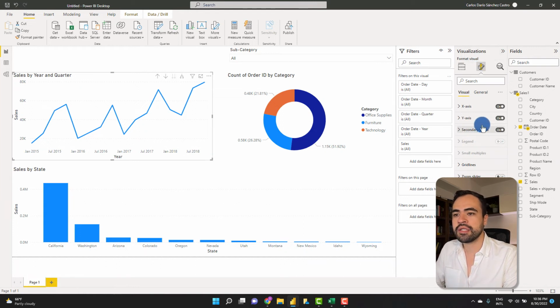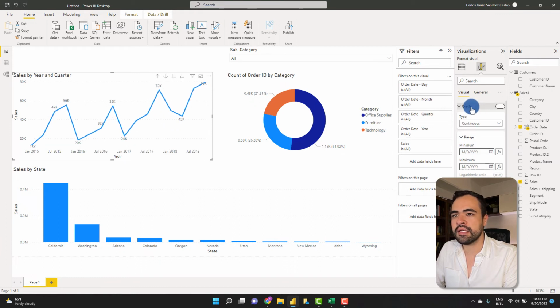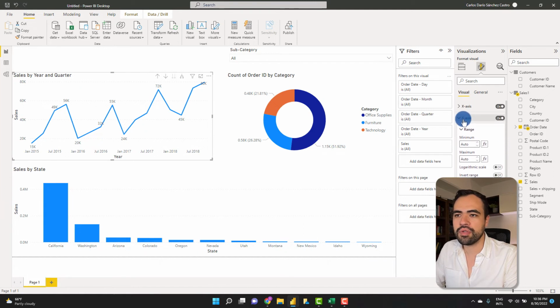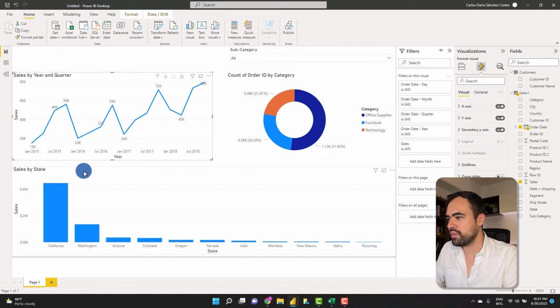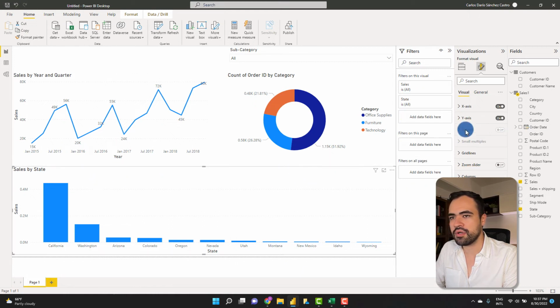Which kind of changes? Well, you can come here and enable data labels. And as you can see, now we have the numbers in each point of the chart. We can also come and turn off the x-axis, turn it on. If you open each option, you'll have a whole range of settings for you to play and personalize each visual to exactly the style that you need it. Okay, so for our bar chart, I'll also enable data labels,